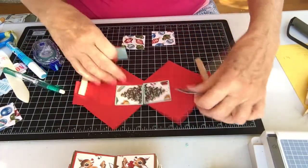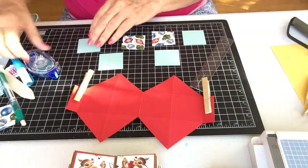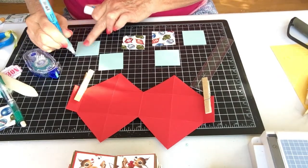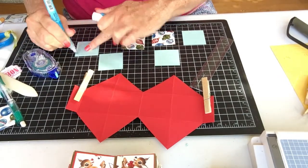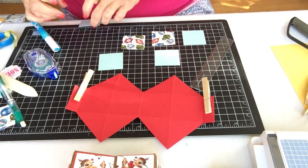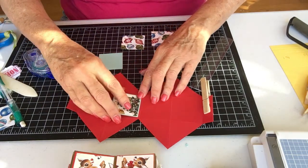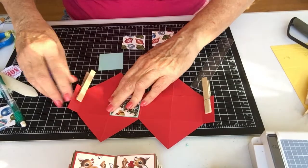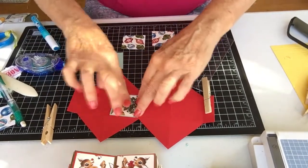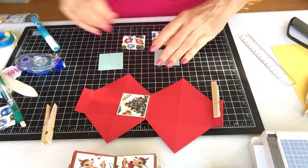Okay, we're going to go ahead and stick these on. And once again, I'm just going to use my glue stick, because you'd probably want to use something like score pal tape, but just for the sake of time, I'm not going to do that. I'll go here. Okay, take my clothespin out of the way. Oops, sticky finger. Okay, and then